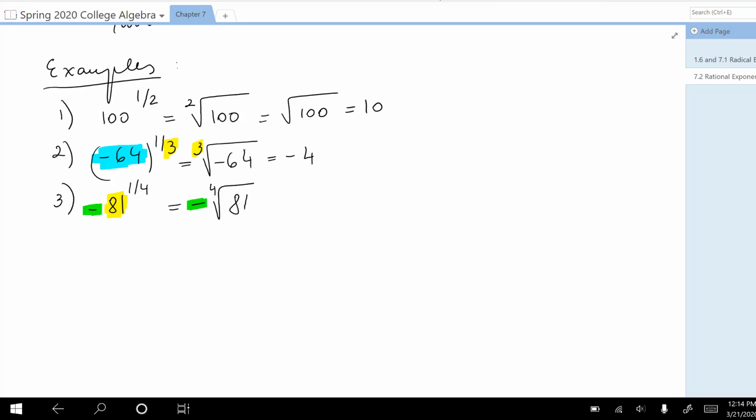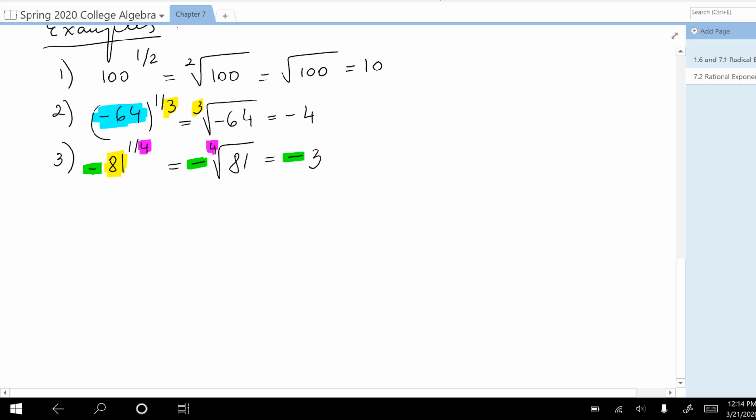So 4th root, because this index here, the denominator is the same as the index. So now the negative, I just copy it. Well, the hardest part is just getting these colors. So 4th root of 81, what number raised to the 4th is 81? It's 3. So the negative that I marked with green is actually just copying it, it is not part of